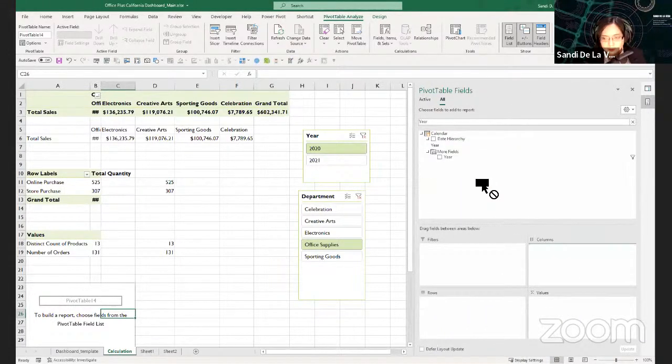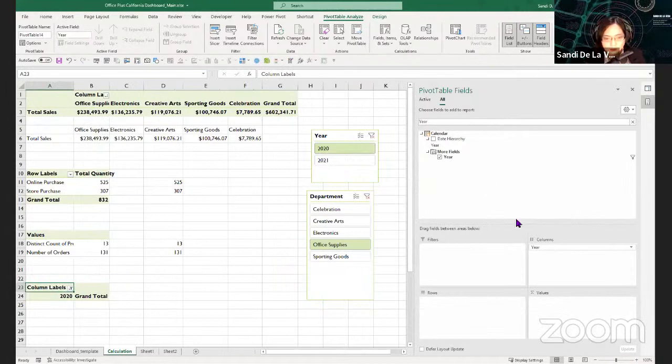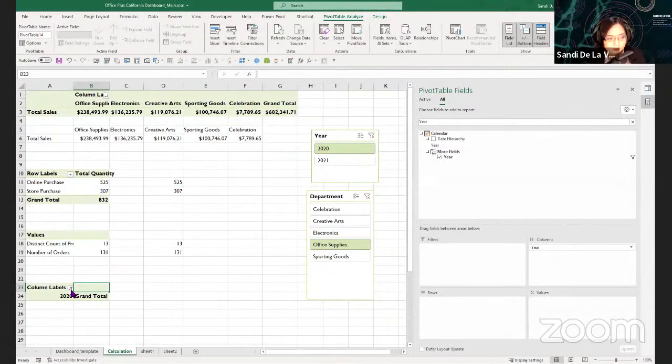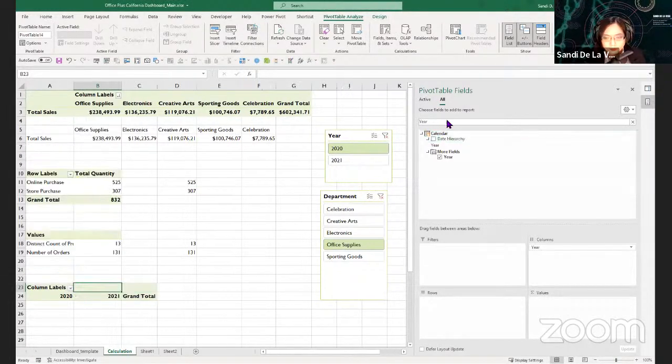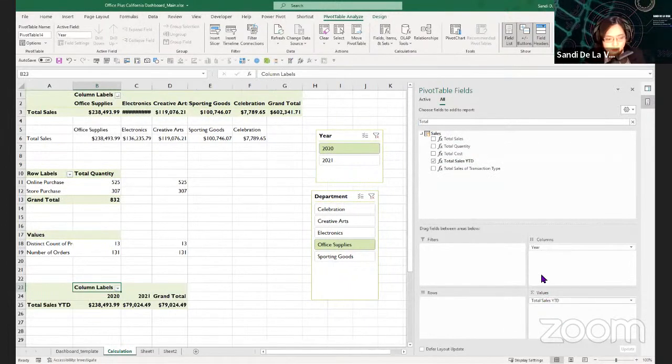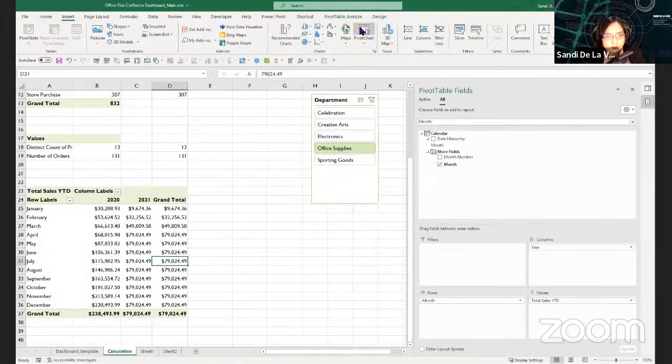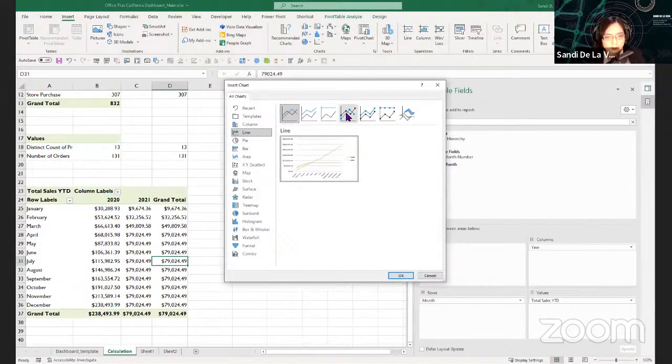Find the year we want to compare and use it as columns. Remove the filter connection. Use total sales year to date and the month name or just month. There. Then insert a pivot chart, maybe the line with markers.